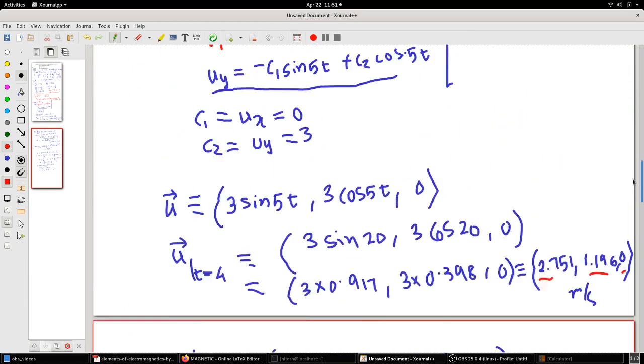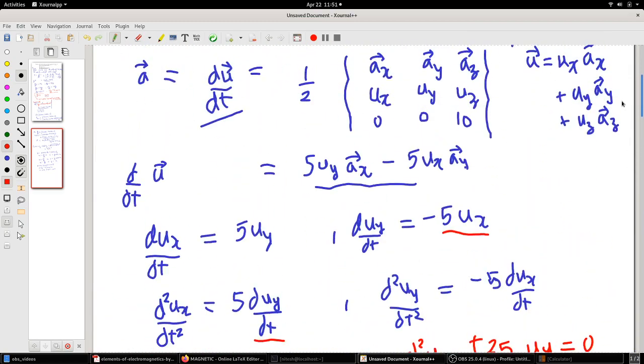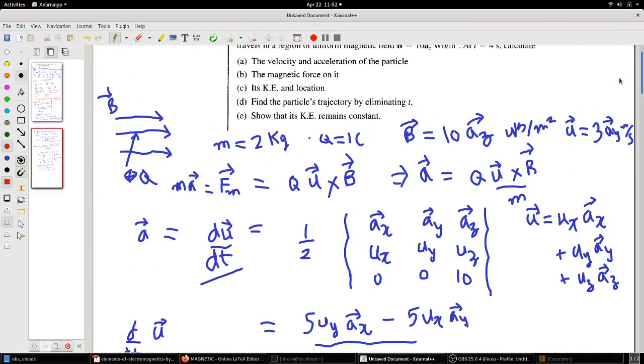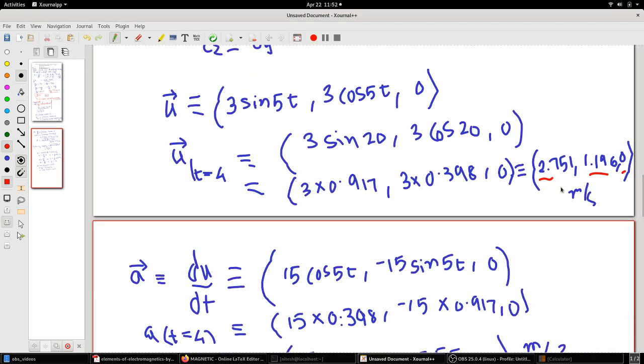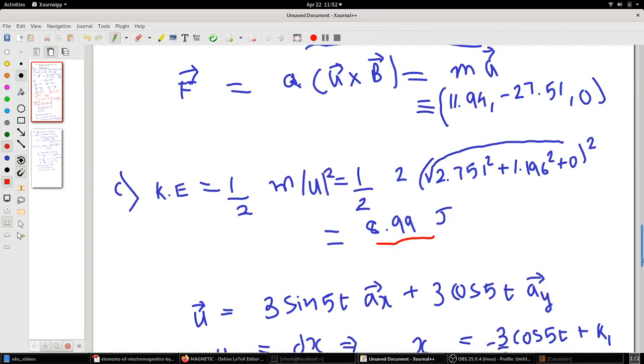Now related to location. Velocity is what I have. This is the velocity at t equal to 4. What it has asked is location, the location of the charge at t equal to 4. So this is known. So what I'll do is